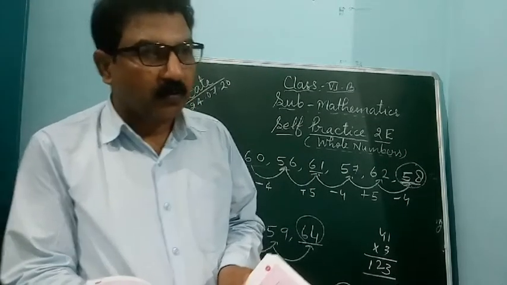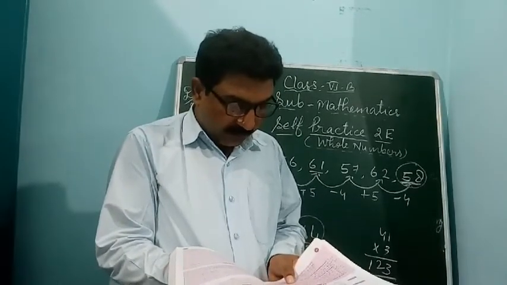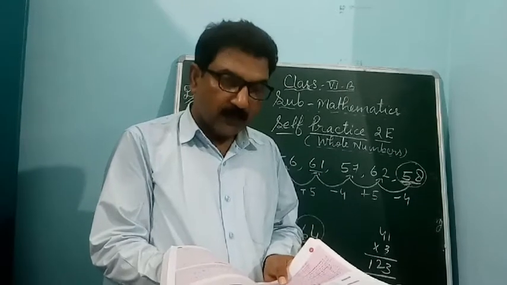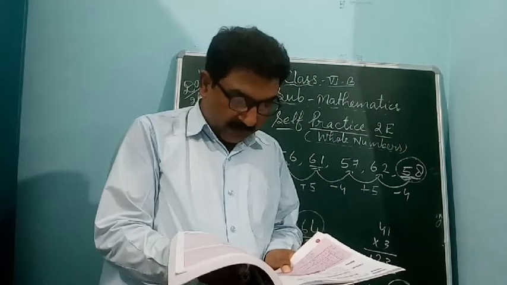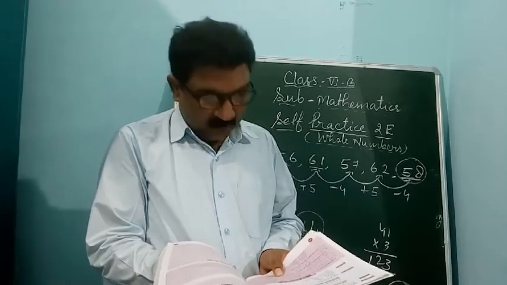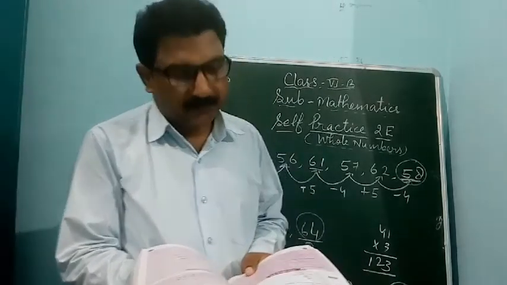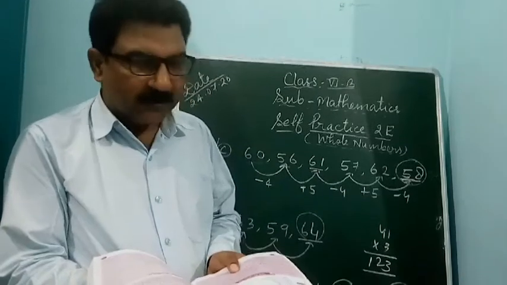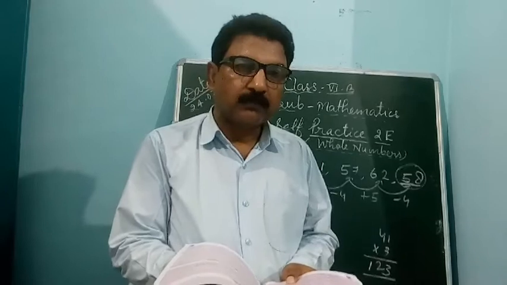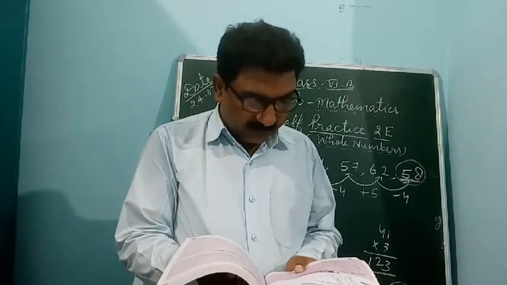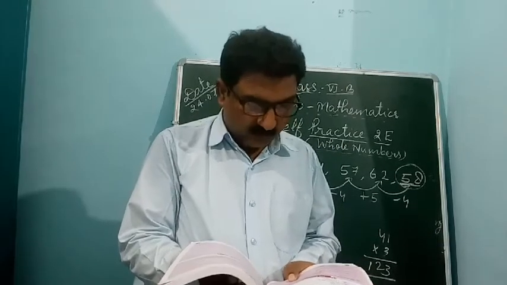the next number is 40. So 40 means 8 fives are 40. Again 40 divided by 10, it will come 4. 4 tens are 40. So this pattern is going on. So again 4 multiplied by 5, it will come 20. So the pattern goes as dividing by 10 and multiplying by 5. Next number will be 10 divided by 10, it will come 1. So in F, fill the first gap with 20 and the last gap in the series with 1.